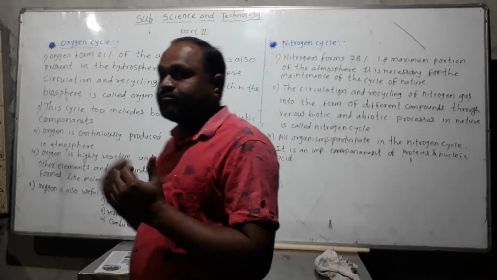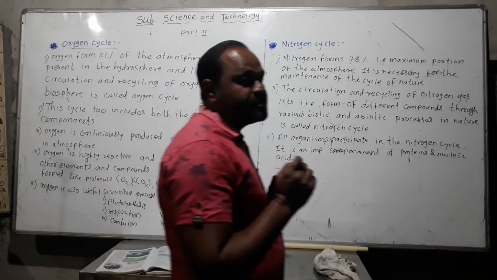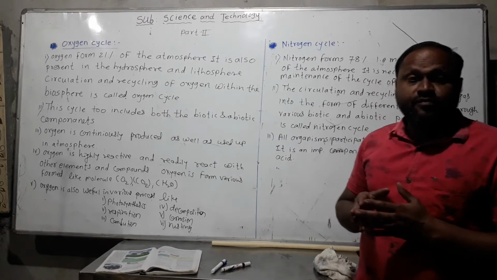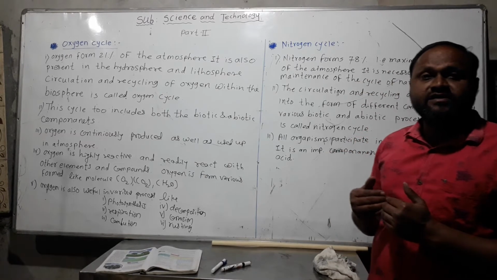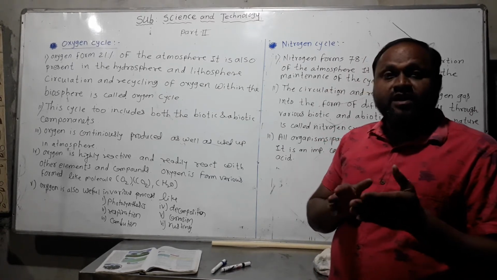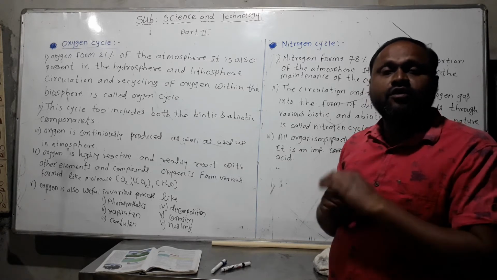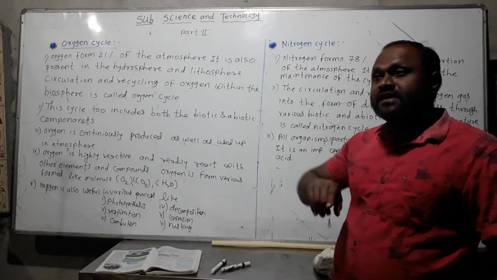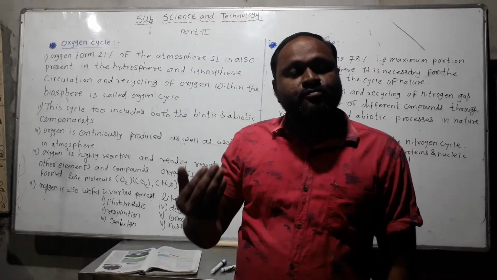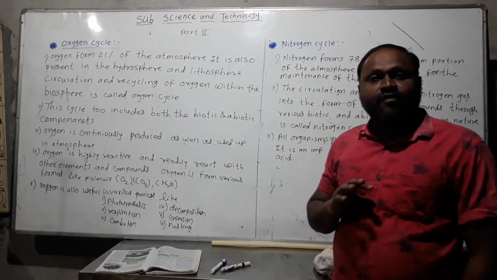How much oxygen is there in the atmosphere? 21% oxygen is available in the atmosphere. We take oxygen into our body and it releases energy inside the cell. Oxygen is transferred from abiotic to biotic factors, and again from biotic to abiotic factors. This recycling of oxygen from the abiotic component to the biotic component and back to the abiotic component is called